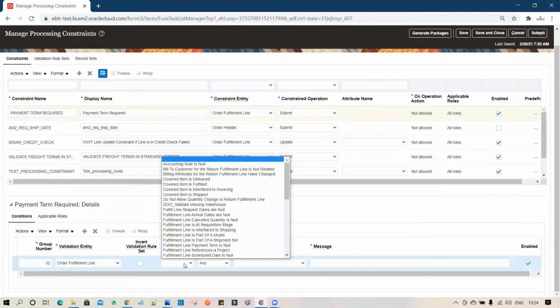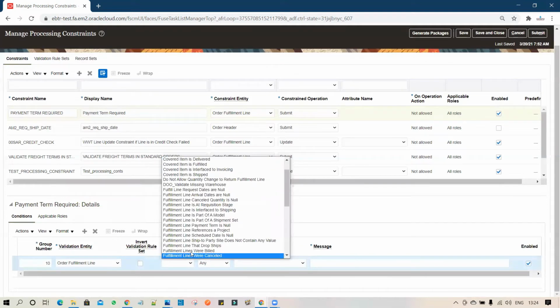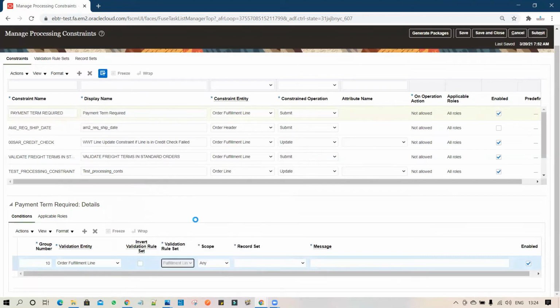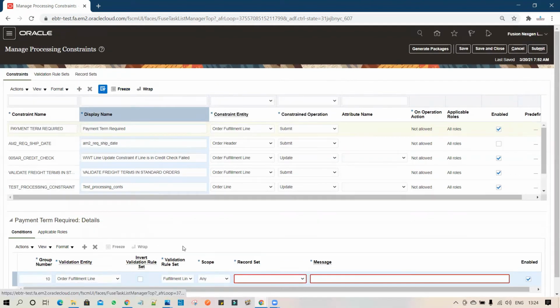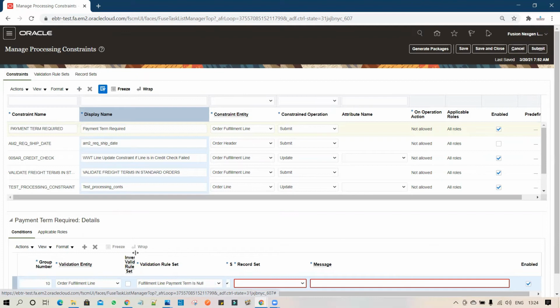Now the validation rule set, you set it up over here in the first step. That payment term is not null. The fulfillment line payment term is null.